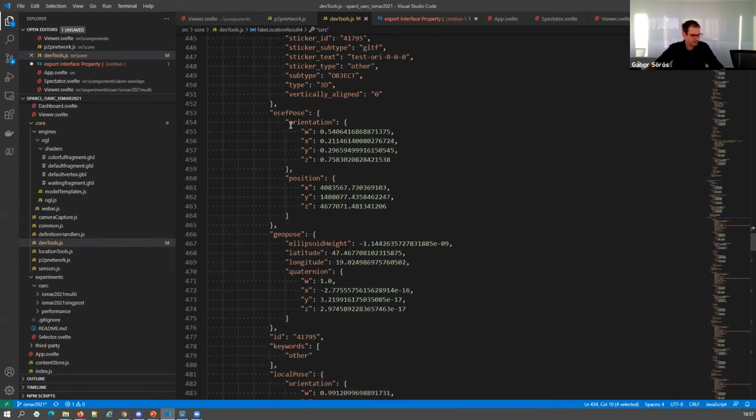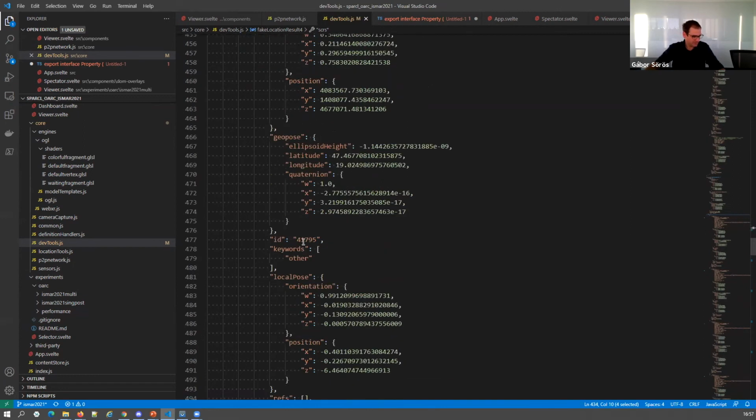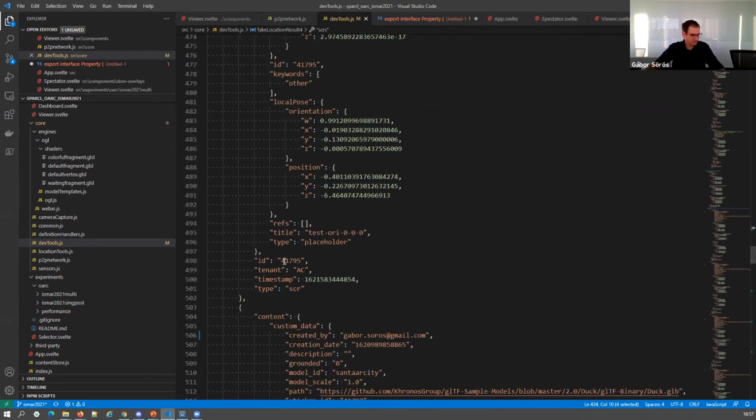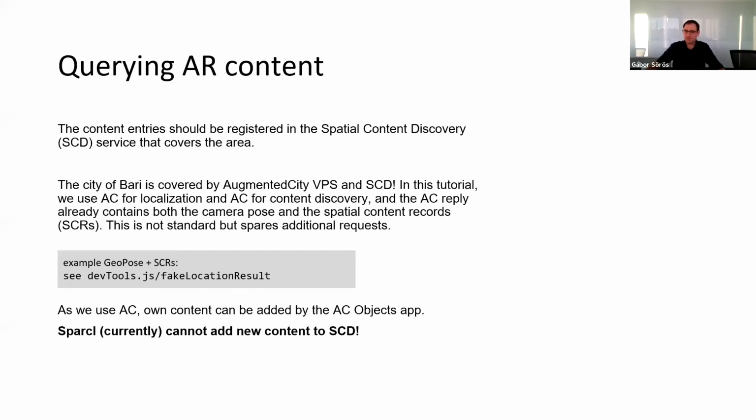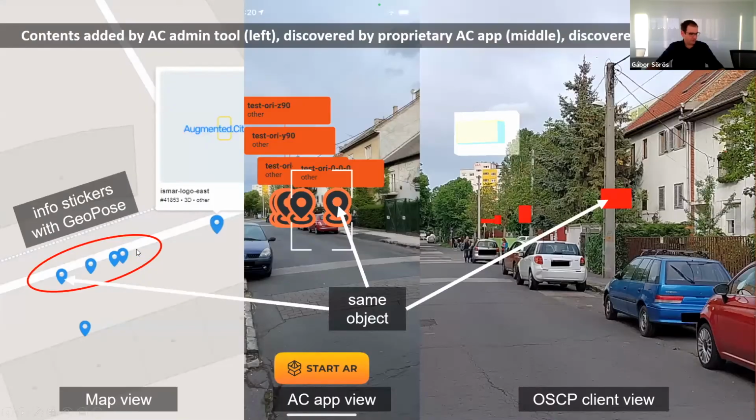Yeah, orientations. These are actually in my own street. So this is how it looks. Here's a new one that starts, and I show you how it looks when you actually start the app. So Augmented City has this map-like user interface where you can place contents on the streets or around some famous landmarks. And this is how it looks in their own application, all in 3D.